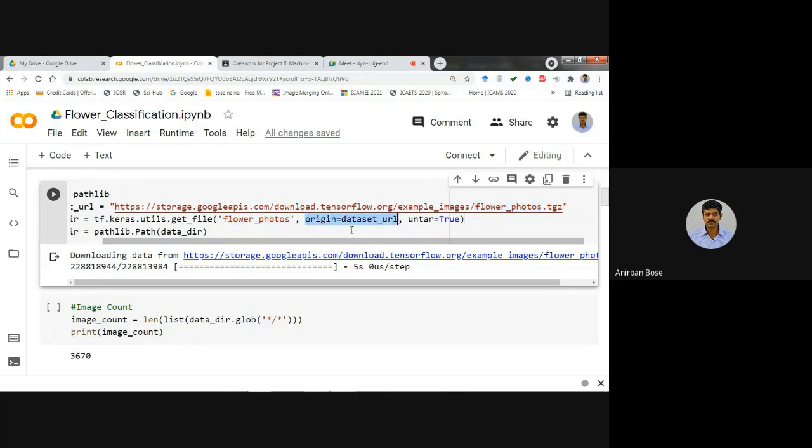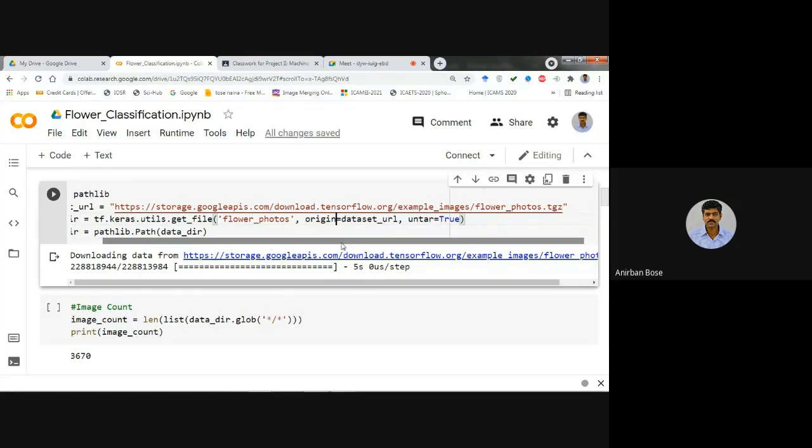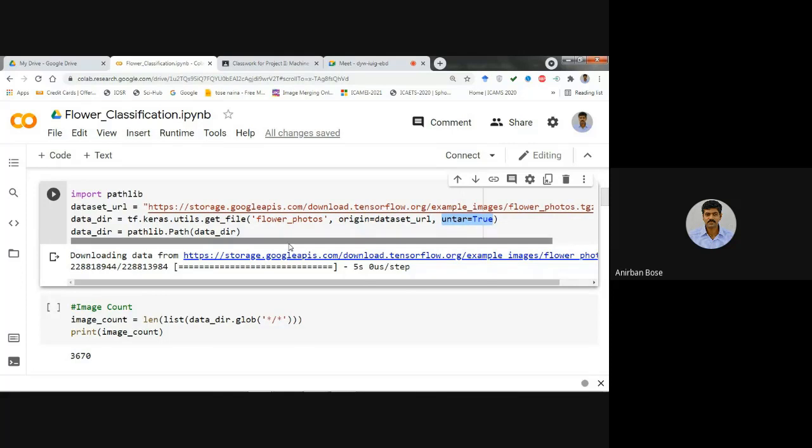So the origin is equal to dataset_URL, where we have saved the original location. Finally, untar is equal to True, which is the command used for unzipping that folder. Finally, within data_dir, we write pathlib.Path of the data_dir.